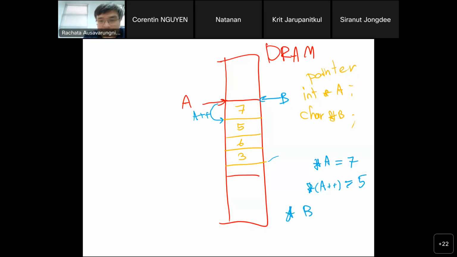If I do star B, it's not going to give you 7, because here's what happens: it will only take the first byte in here. Depending on how the data is organized, whether the 7 is in byte 100 or byte 103, because the rest are going to be 0 since my number is really small, 7 is just a bunch of 0s ending with 111. So star B can have the value either 0 or 7, depending on how you organize that number.